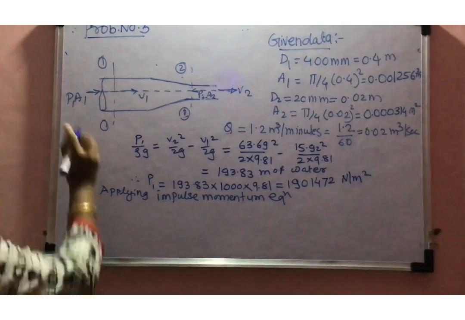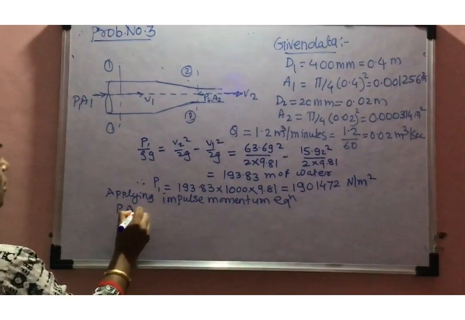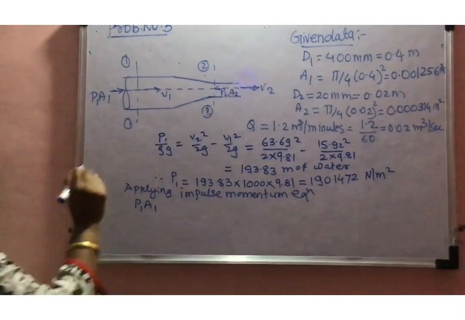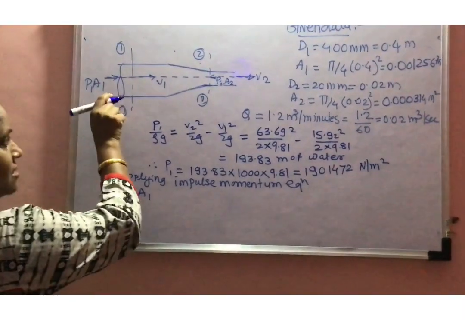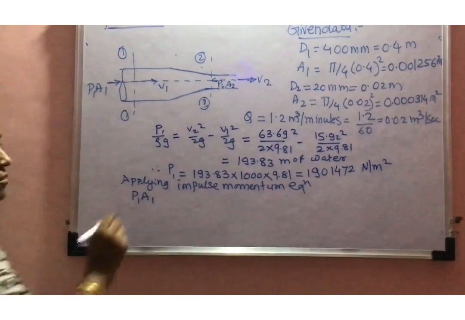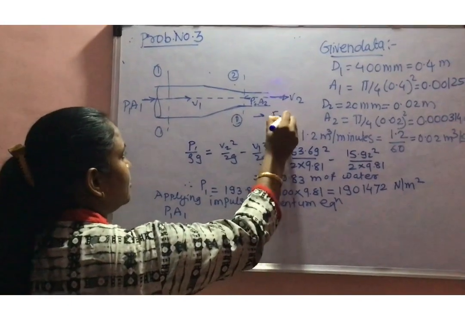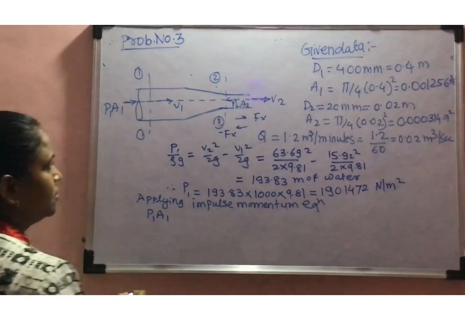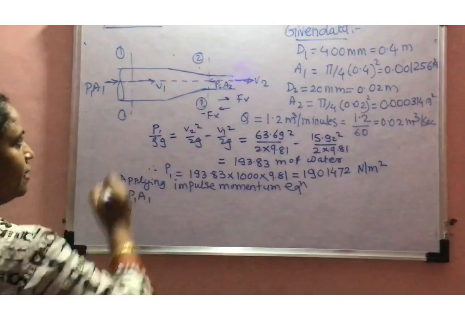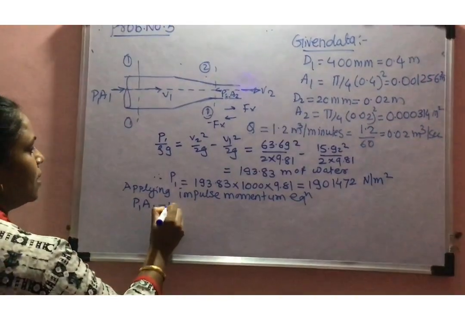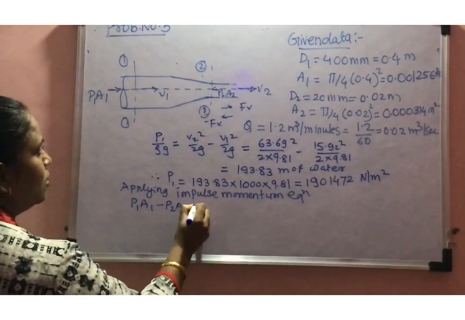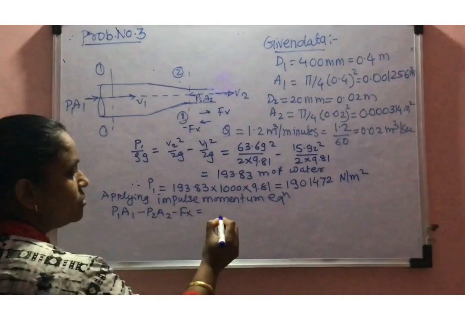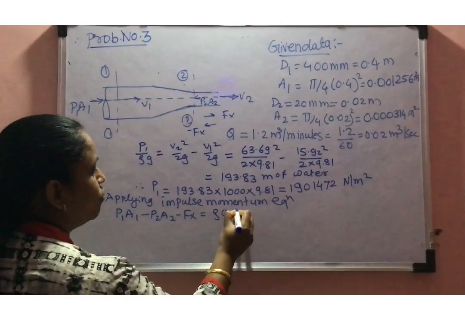This is P1A1. Then the force acting along the x direction we are considering as Fx, so the reaction will be minus Fx. Then the second force is minus P2A2, minus Fx is equal to mass flow rate, that is rho Q,